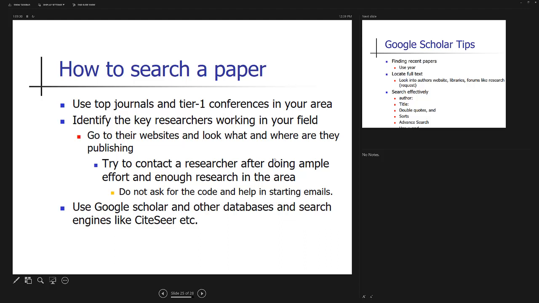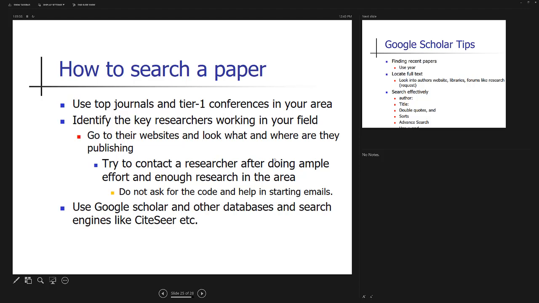So this is very important as well, how to search a paper. So first of all, use top journals in your area. For example, in engineering, in computer sciences, you have to go to the ACM and IEEE transactions or journals related to your area. First of all, go to them.